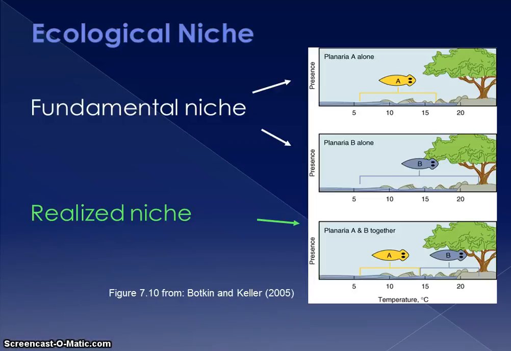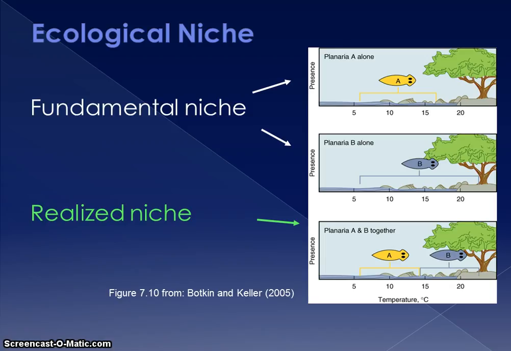As shown in the upper two graphics on the right, the fundamental niche of Planaria A and Planaria B vary by temperature, but overlap. What is depicted is the range of each species by temperature in absence of competition. In contrast, the species' realized niche is its ecological niche as modified by its interactions with other species within the community. Species interactions can function to either restrict or expand the fundamental niche of a species dependent on whether the interaction is detrimental or beneficial.